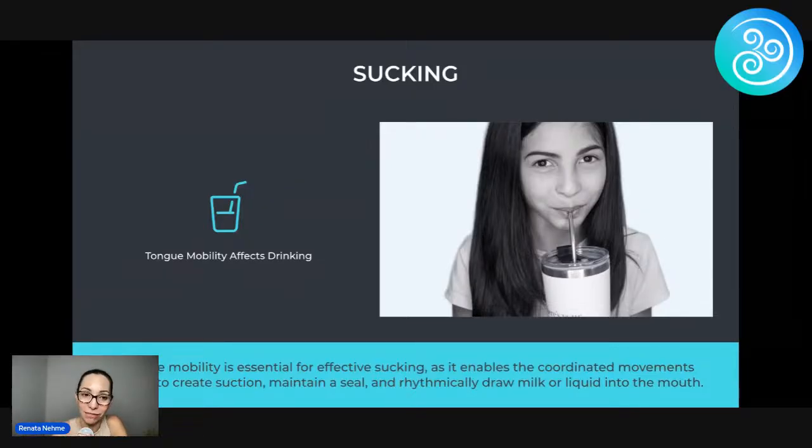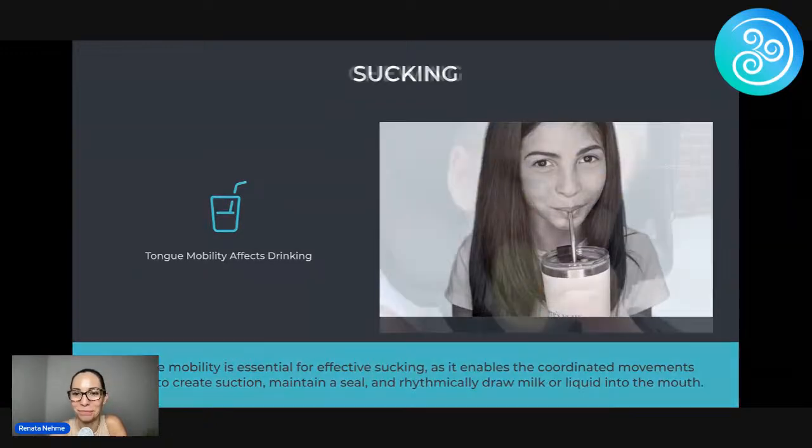However, if the oral cavity is too small, if they have nasal obstruction, or if they're tongue-tied, the tongue is not going to be able to function that way. You guys see that there's a pattern to this stuff?